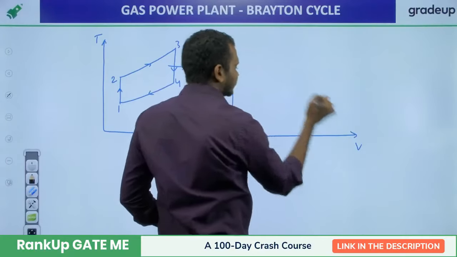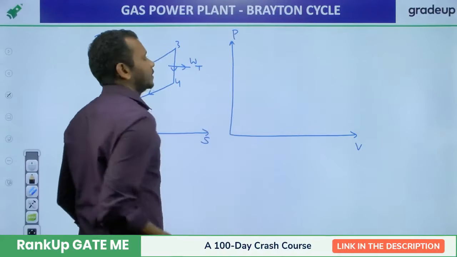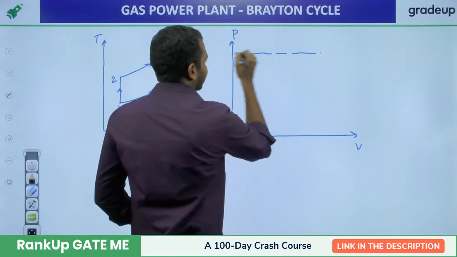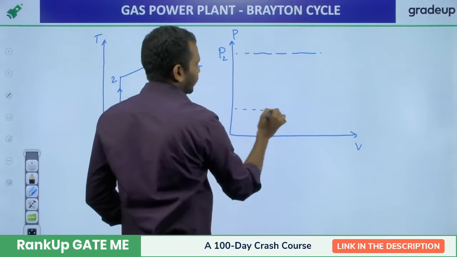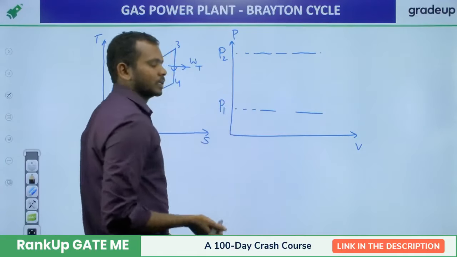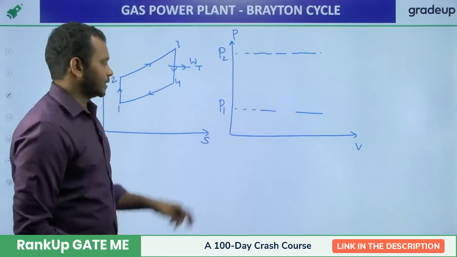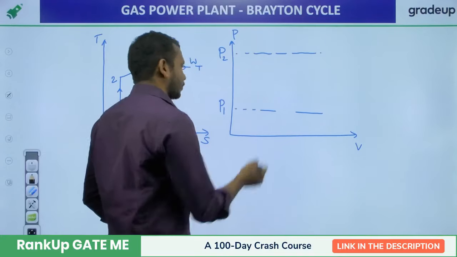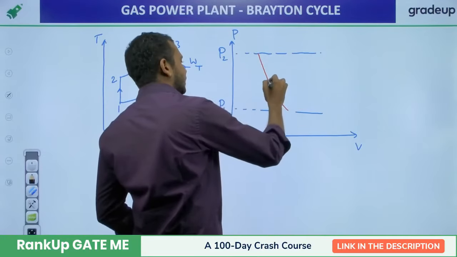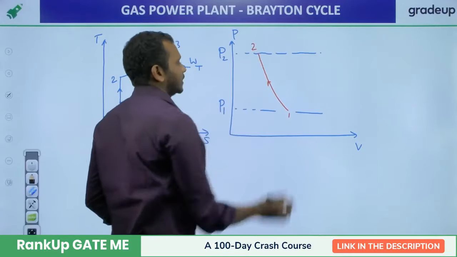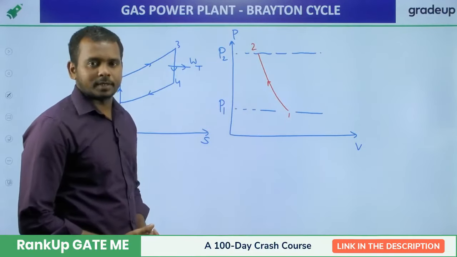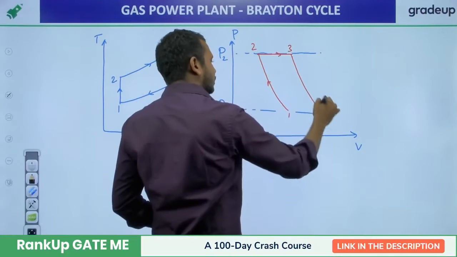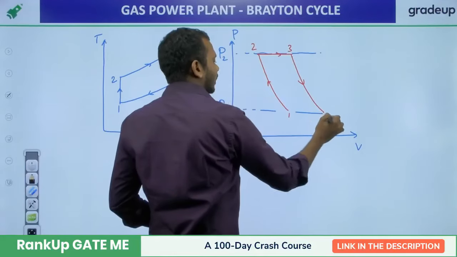How do you draw the PV diagram? This power plant always operates between two constant pressures, so draw the two constant pressure lines first. This is P2, and you draw another constant pressure line P1. We start with the minimum temperature and minimum pressure. Take that point and take the isentropic compression, which in PV coordinates will be like this. So 1 to 2 is isentropic compression, 2 to 3 is constant pressure heat addition, 3 to 4 is isentropic expansion, 4 to 1 is constant pressure